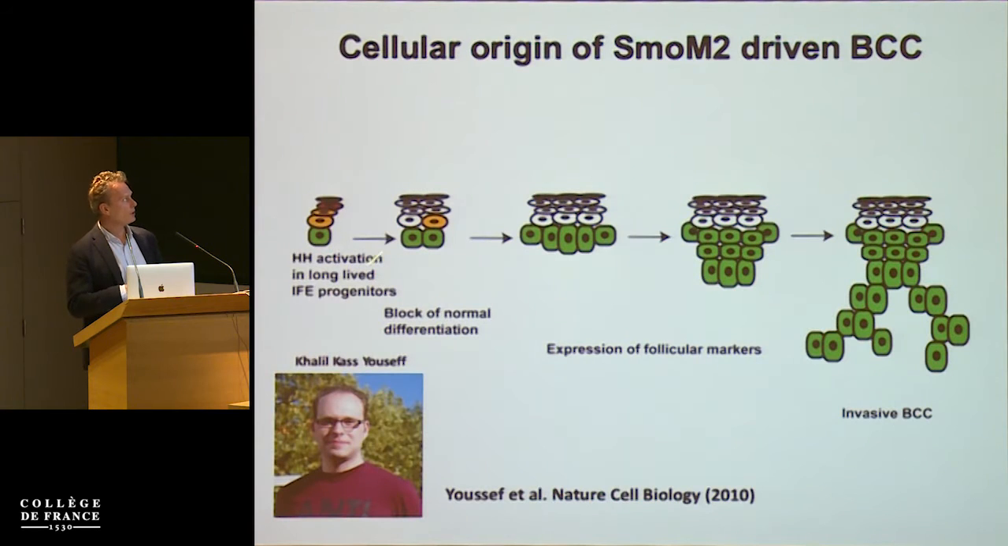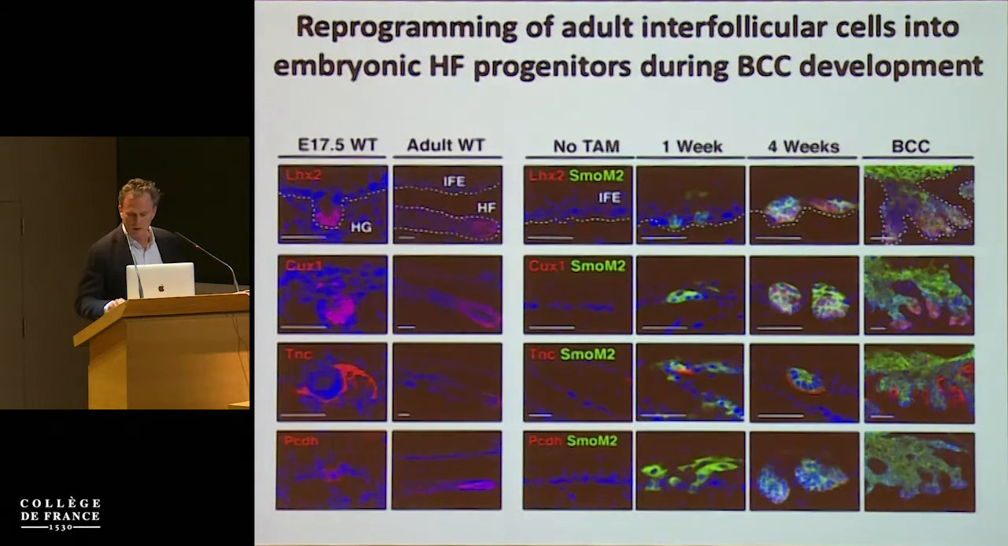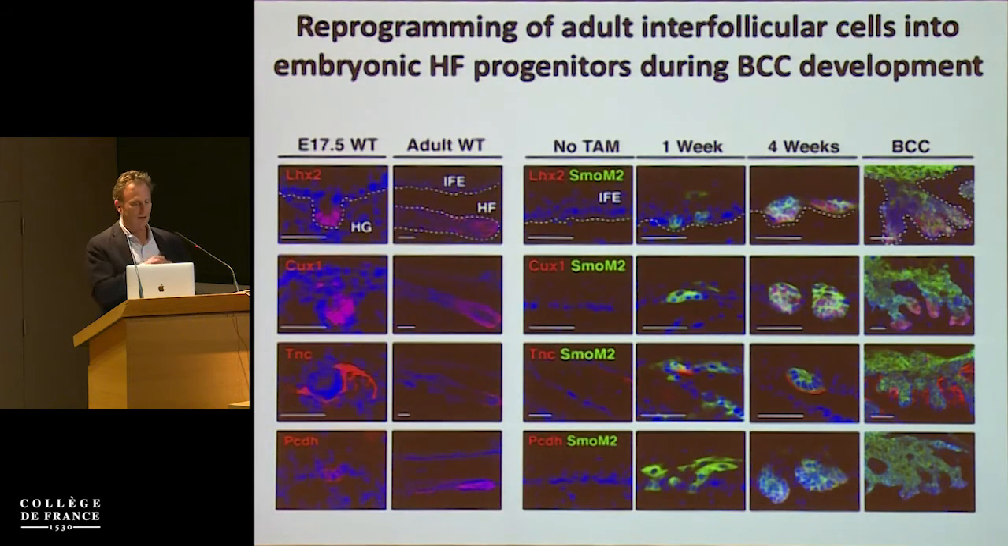And so what I show you here is, somehow in contrast to what we were expecting, the origin of the basal cell carcinoma is not the hair follicle. It's coming from the interfollicular epidermis, which is progressively reprogrammed into something that resembles hair follicle. And so using a systematic approach, Khalil, who first discovered its origin, transcriptionally profiled that. And what he found is that at the early stage of tumor initiation, as you see here, 4 weeks after oncogene expression,